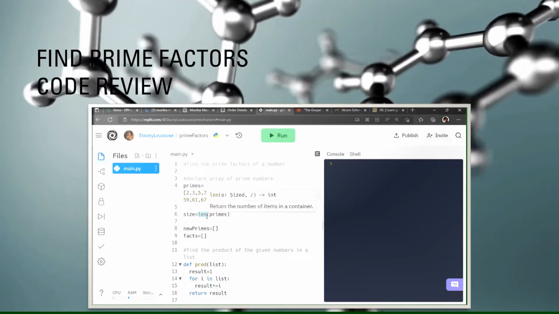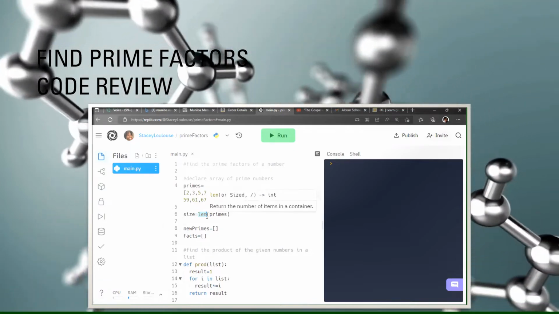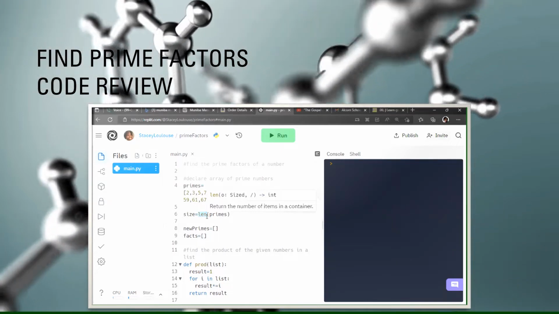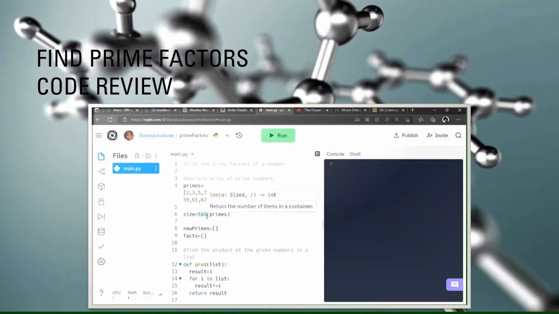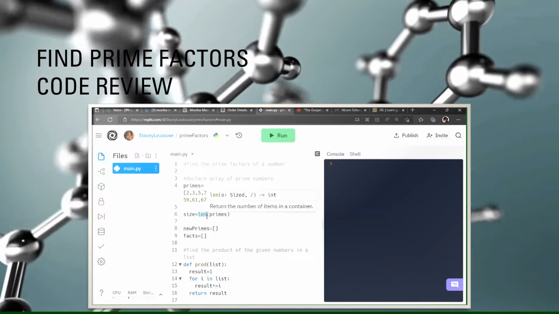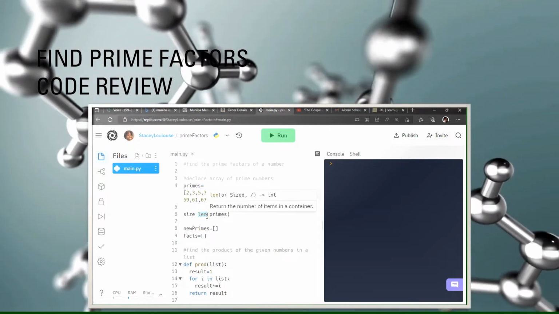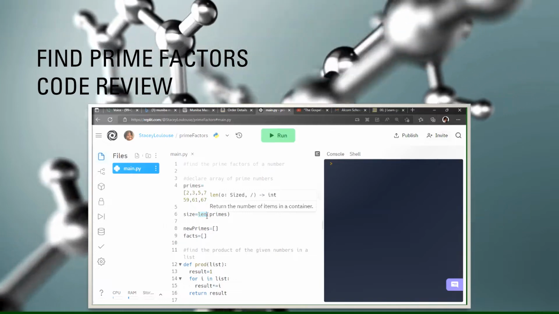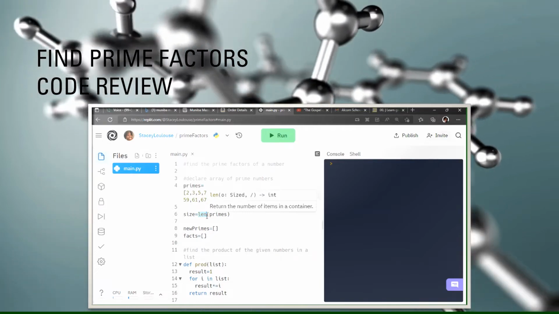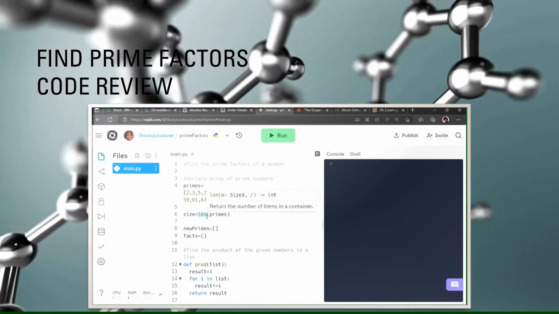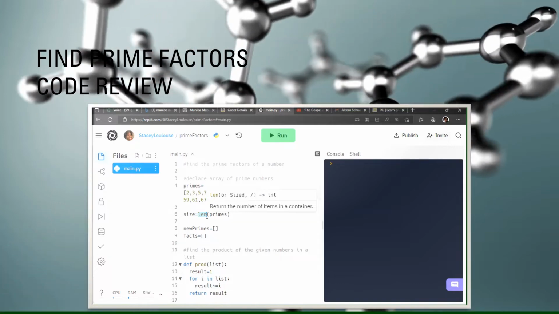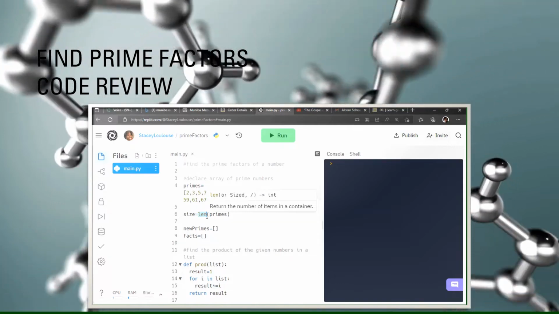So what container are we talking about? Well, we're talking about the primes container. Whatever's in parentheses is the container, the very thing that we're trying to get the size or the length of. That means how many are in the list. So we use len to find how many primes there are in the list, and then we